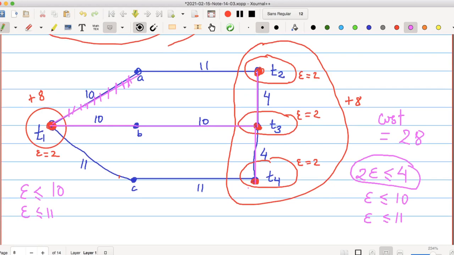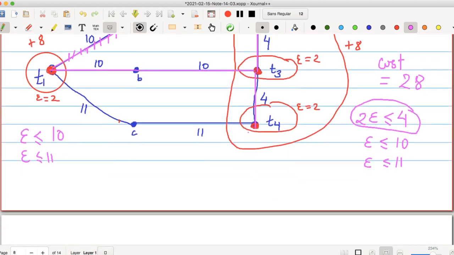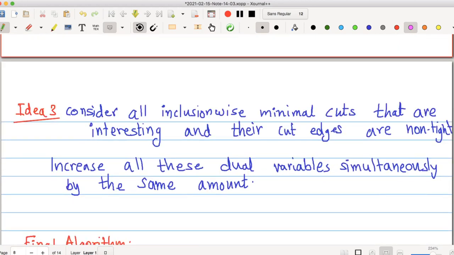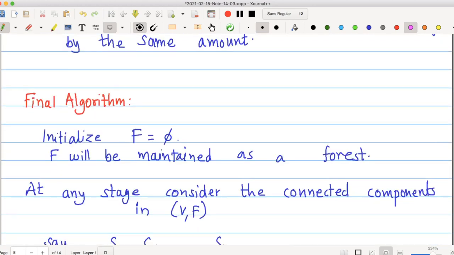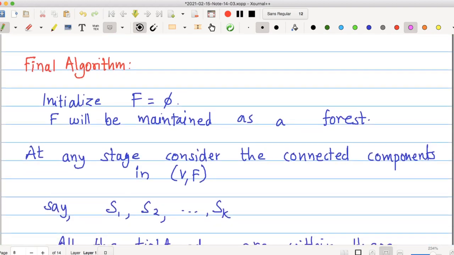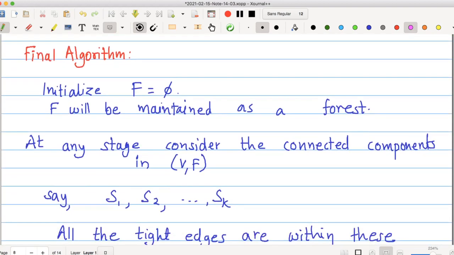Okay, I'll move on to describing the formal algorithm. This is the algorithm which we have discussed so far. Initially, all the dual variables are zero, and when dual variables are zero, there are no tight edges.